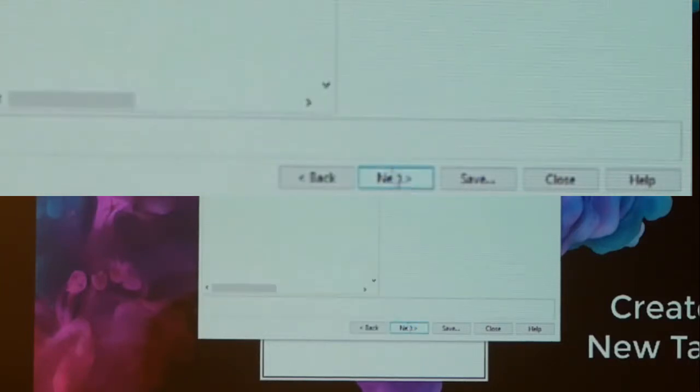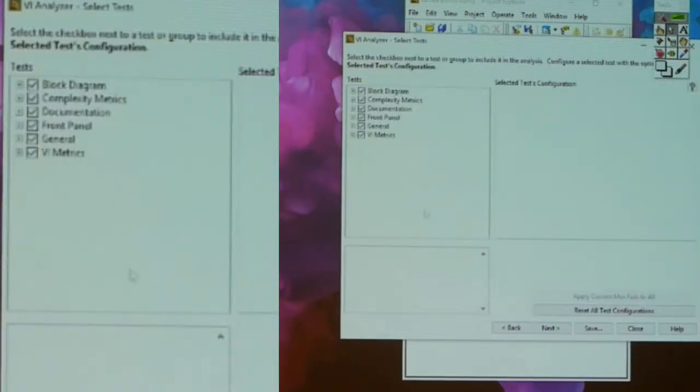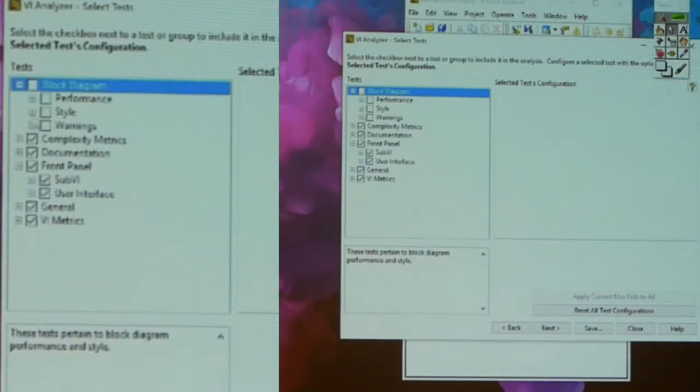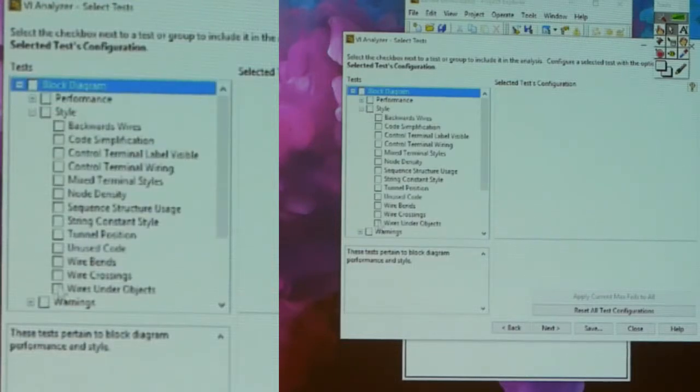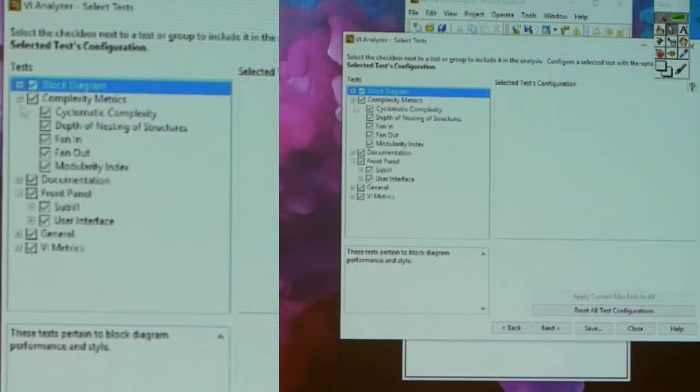In this case, I'm going to select the project that contains those two VIs. So there they are listed. And I'm going to pick which tests I care about. In this case, I care about non-transparent front panel labels, and I care about wires under objects for this example. So I select those tests,